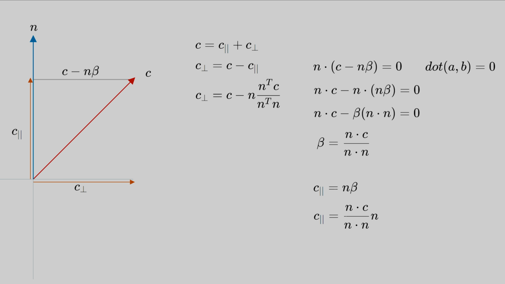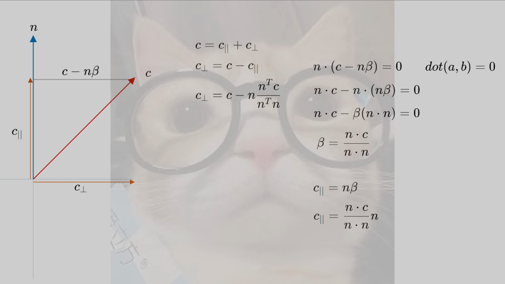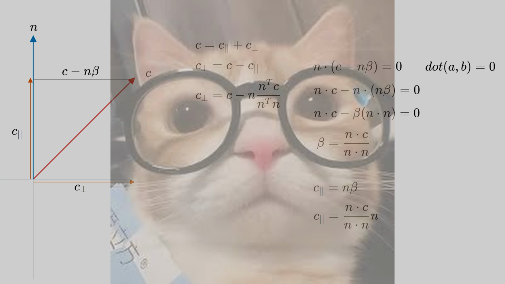Dot gives a scalar, not a direction. Why not flatten y? Only works on flat ground. Why not